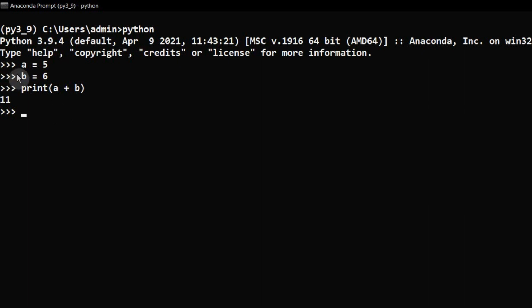So if you observe here, this command prompt is accepting only one statement at a time. The Python interpreter is reading that statement and executing it, and it will display the result of that expression automatically without having a print statement also. So to get the value 11 in the command prompt, there is no need to use the print statement here. We can also use a plus b as an expression, then automatically the command prompt will display the result of that expression, which is 11 here.